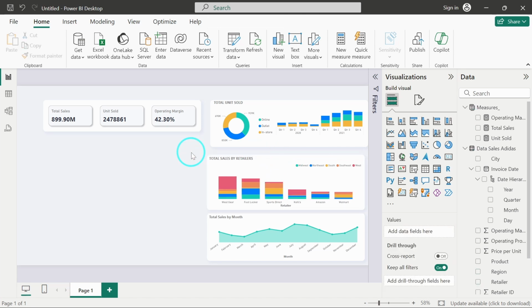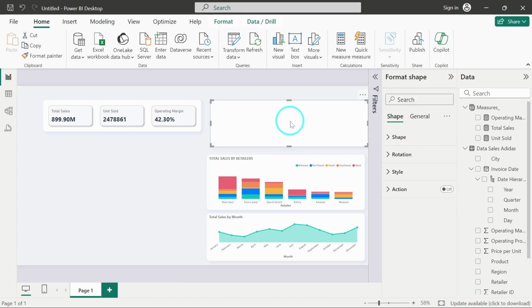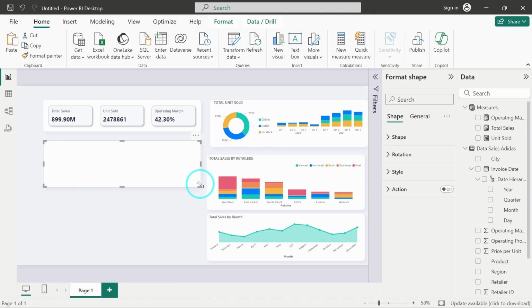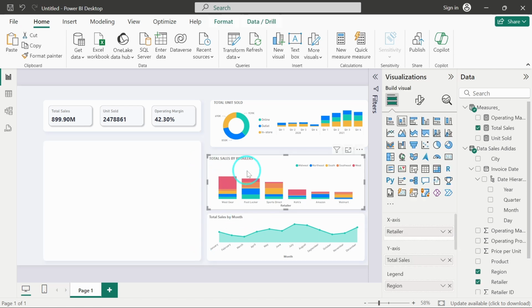Now we have to add other visuals for total sales by region. So that we will add in this section. And here also we are going to add two visuals, and we are having the same shape as a background like we are having over here. So what I will do is I will just copy paste this and I will move this over here, and here I will add those visuals. I will copy paste this visual